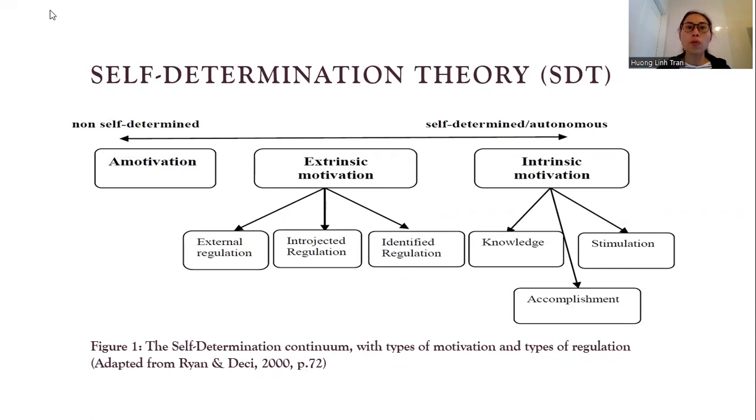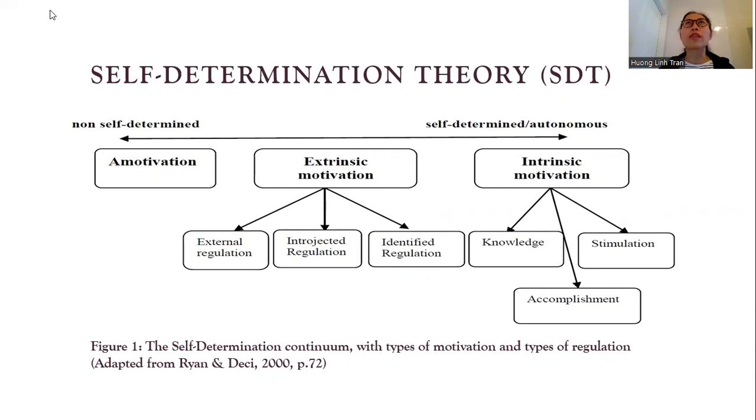For example, people who have intrinsic motivation for knowledge love to explore knowledge. They love to learn new things. That's why this kind of love and curiosity pushes, encourages and motivates them to engage in the action